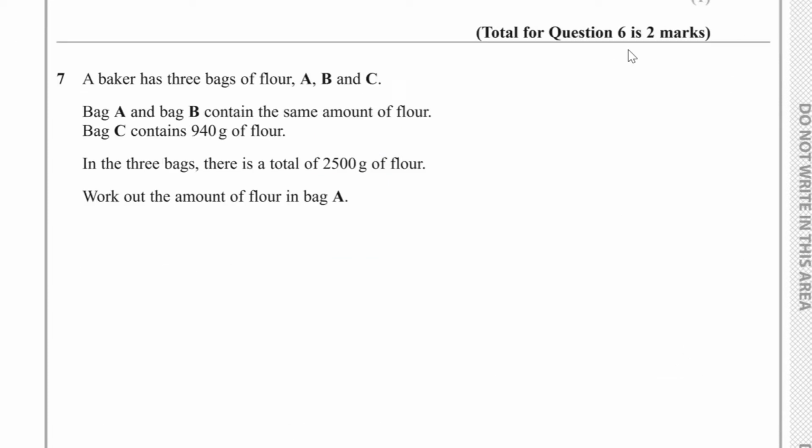Question number 7. A baker has 3 bags of flour, A, B and C. Bag A and bag B contain the same amount of flour. Bag C contains 940 grams of flour. In the 3 bags there is a total of 2,500 grams of flour, and we have to work out the amount of flour in bag A. Well, in bag A and bag B, in total we have